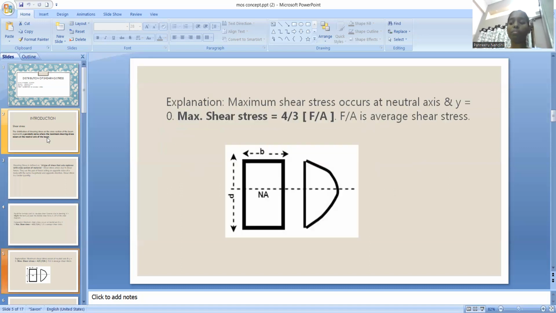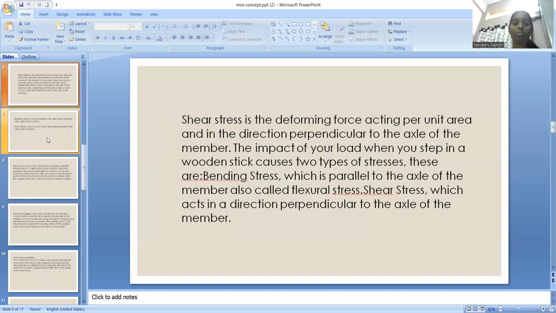Explanation: maximum shear stress occurs at the neutral axis, y equals 0. Maximum shear stress is 4/3 F/A, where F/A is the average shear stress. Diagram of shear stress. Shear stress is a deforming force acting per unit area and in the direction perpendicular to